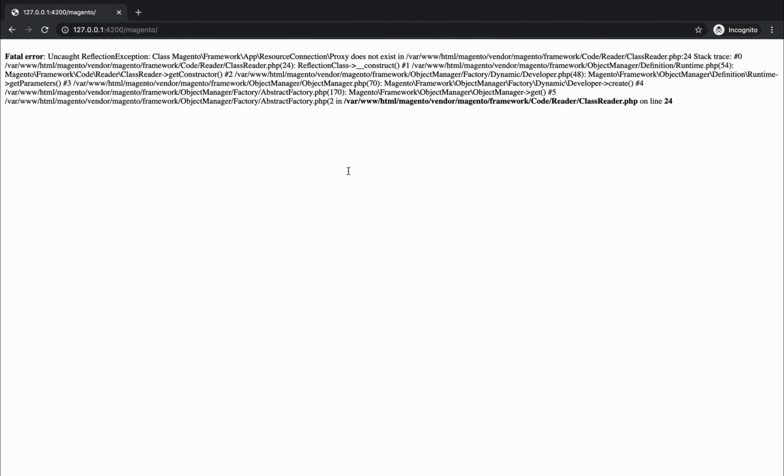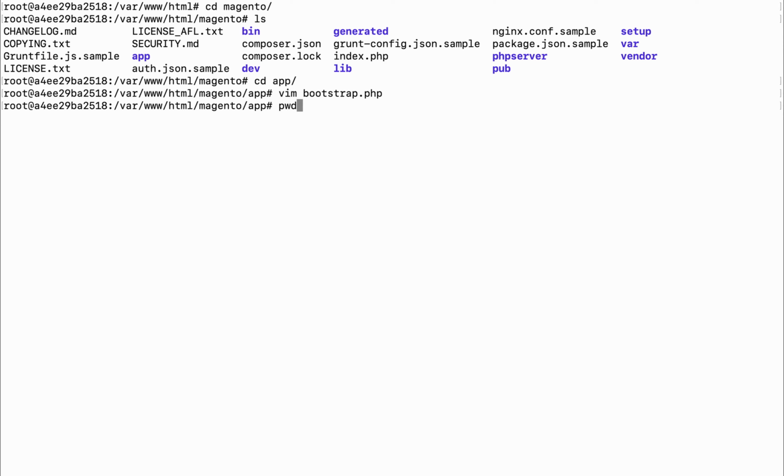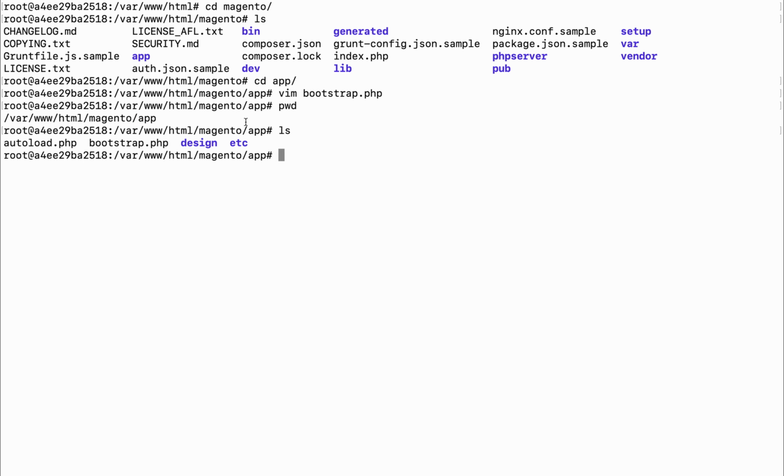Reload the page again and you will see the error. So this is the directory where the bootstrap.php file will be present. Inside the Magento folder you will have the app folder. Inside the app folder you will have bootstrap.php. This is the file which you have to modify.